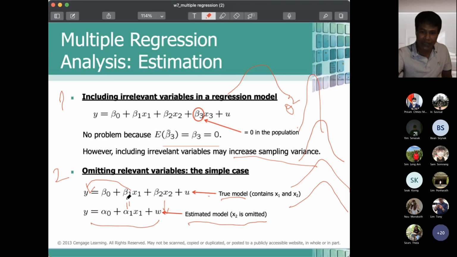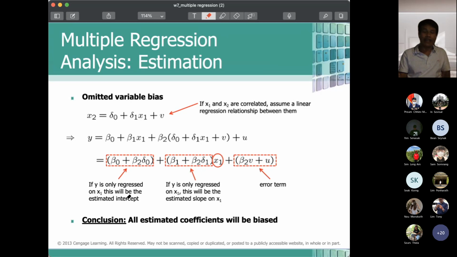All right, let me move on. In order to understand the effect of the omitted variable, because we believe that x2 affects x1, and to understand the bias, we need to run another regression of x2 on x1. When we find x2 using x1, we can replace it into our true model, which has x1 and x2. When we rearrange it,